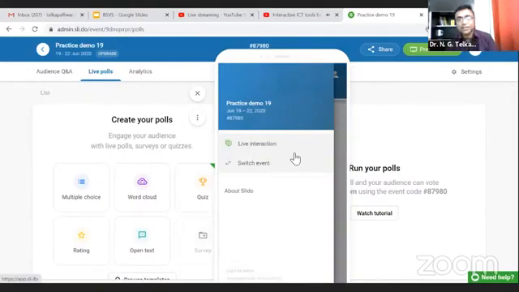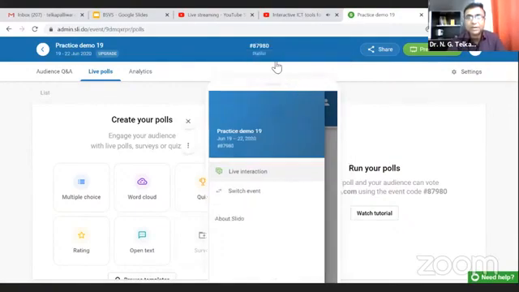There is a small app which is very small in size, in KB. You just download it, and the student does not need to log in to the Slido app. Just enter the pin, that is 87980, whatever pin is provided, like here 87980 is the pin. So the student enters, and they can take part in the quizzes or interaction or question-answer session also. So this is the advantage.